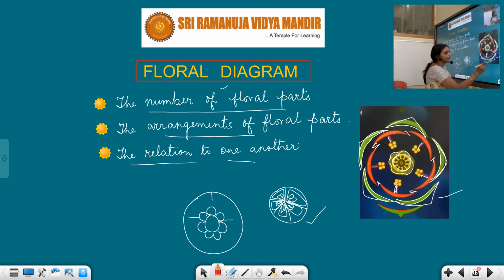And this is called bract. If a bract is there, you have to put a bracteate structure below the calyx towards the anterior side. You have to put this structure below the calyx, and the mother axis, the posterior side, is represented by a dot. So this is how we draw.